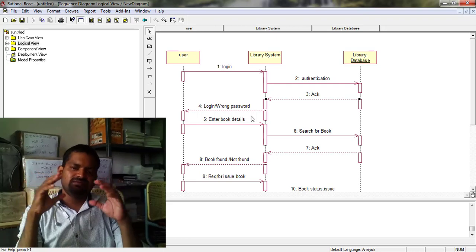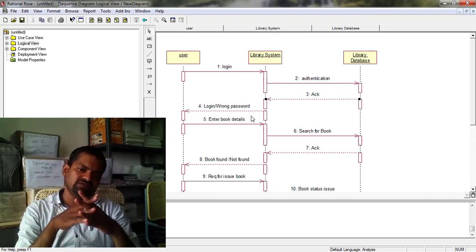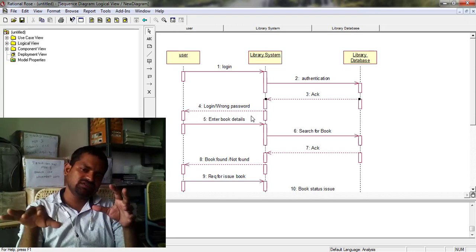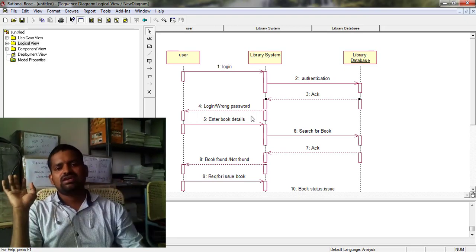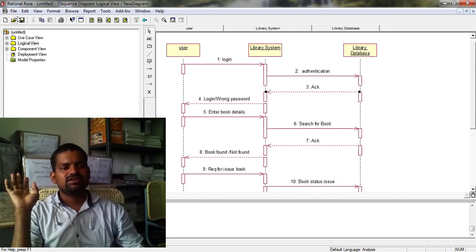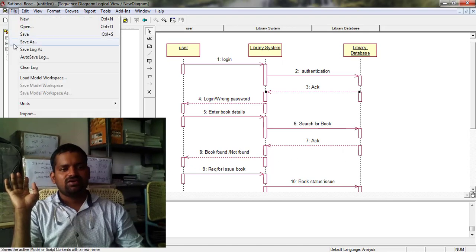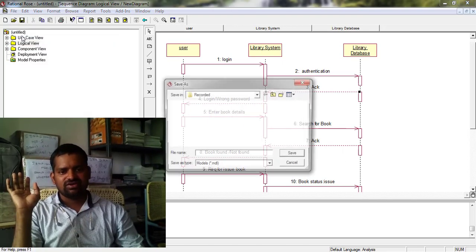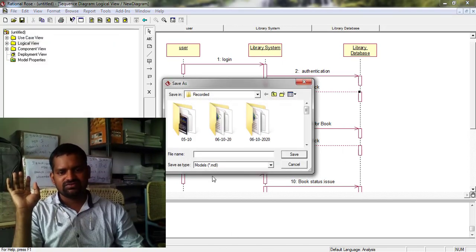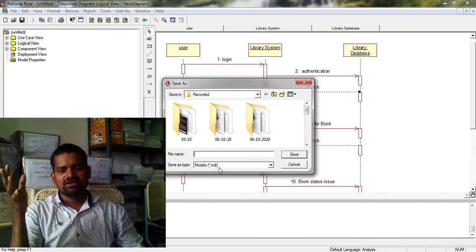So we saw the symbols used in the sequence diagram and how to draw it. After completing the sequence diagram, you have to save the file, which saves in .mdl format, a model.